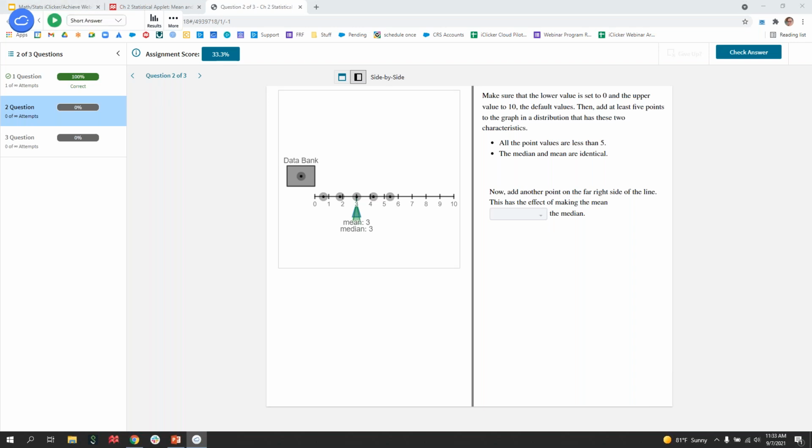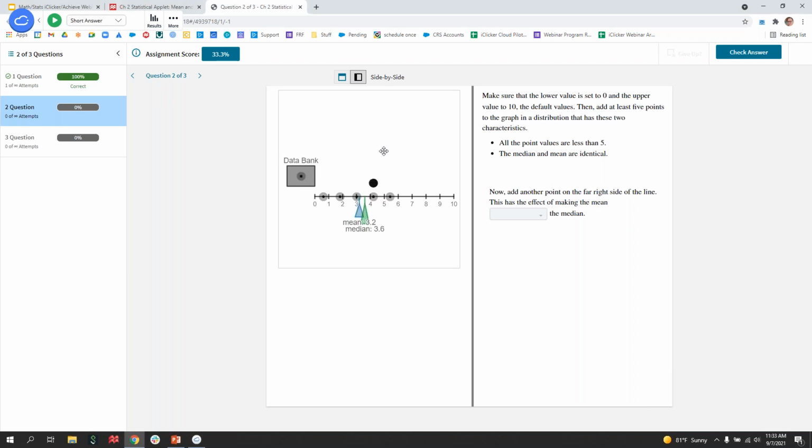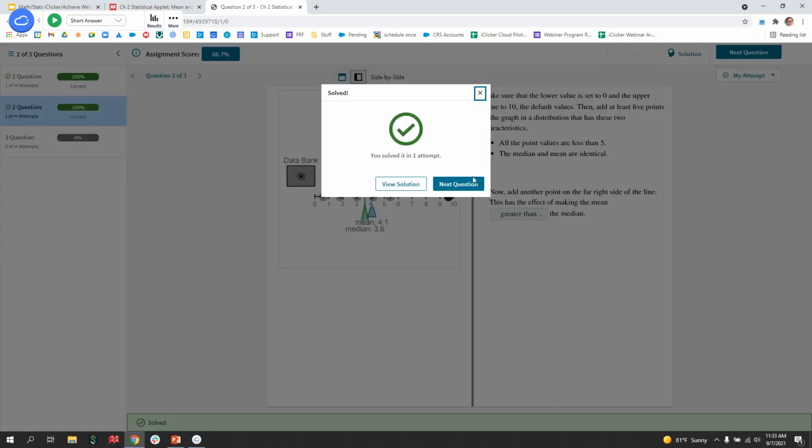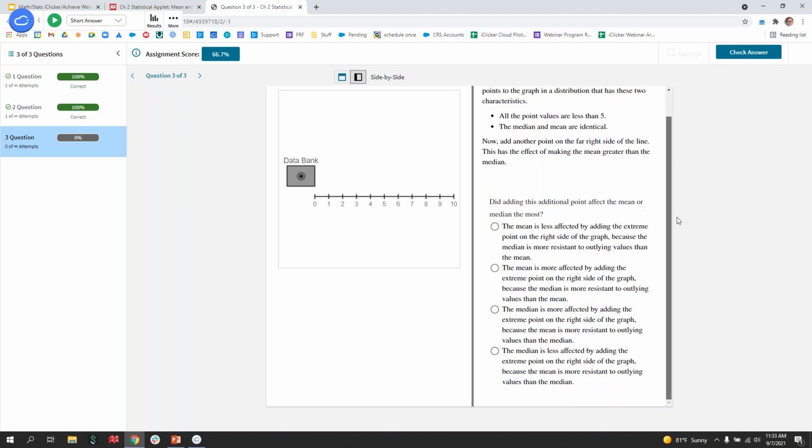All right, so I'm going to go ahead and stop the poll there. We'll reveal the results. So it looks like we've got a less than, 3 greater than, and an equal to. So before I reveal the correct answer, let's go ahead and put that outlier on my number line, and then we can visually see what happens here. And the answer is indeed greater than. Again, this is a pretty simple example, but I want to use this just to give you an idea of how you can use iClicker with a variety of different types of activities within